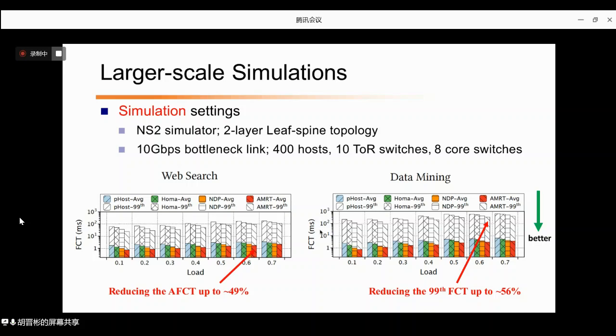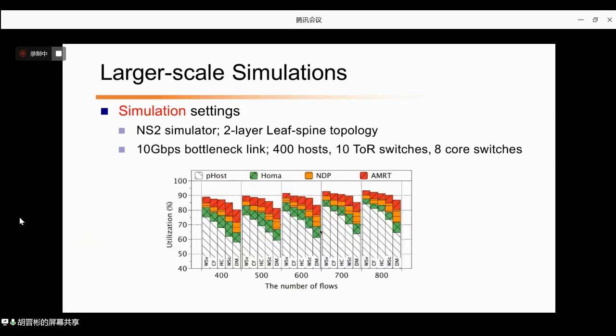This figure shows the bottleneck link utilization with increasing number of flows under realistic workloads. AMRT outperforms the other receiver driving schemes because it increases the sending rate once detecting the spare bandwidth and thus achieves high rate close to the link capacity in a bounded time period.